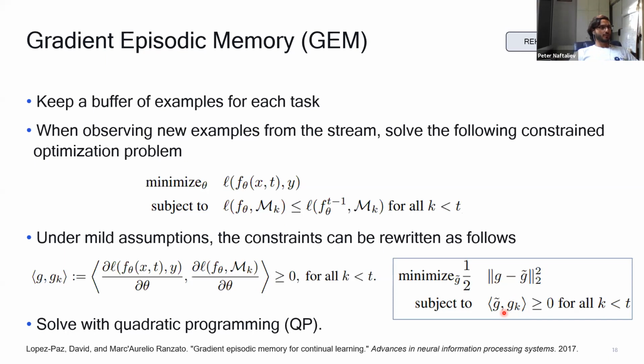Question about this. How is the buffer decided? So it's probably a subset of the original data set from the previous tasks, but how is this subset calculated? In this, there are many strategies. In this paper, they just use, I think, the last examples of each task. So they decide beforehand that for each task they will store a fixed number of examples, and the last ones will be those ones.